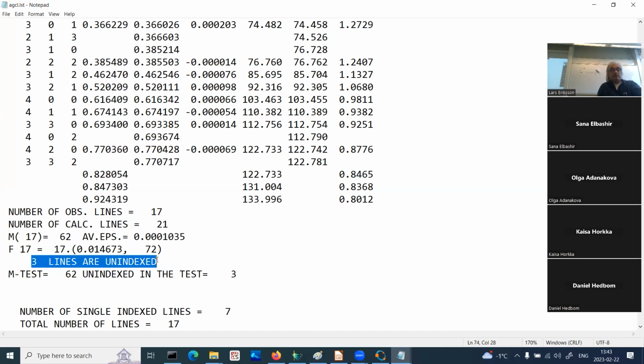It also prints out here that 3 lines are unindexed. This Smith and Snyder figure is also very good. 17 is quite acceptable. 72 here is the calculated number of lines up to line number 17. And 72 lines up to observed line number 17 is perhaps something to be suspicious of. Why would something like 55 lines be unobserved? They could be very weak, yes, but